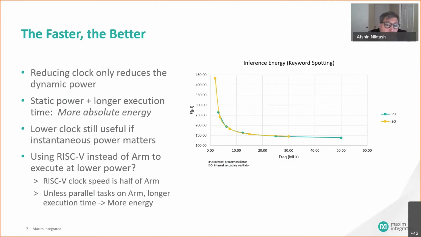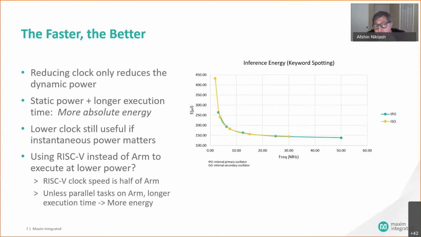One observation here is that while we think that reducing the clock speed could help us, it does not necessarily help. Because of the longer execution cycle and static power, you may end up with a higher absolute energy. Having said that, it may still make sense to go to a lower clock speed if there is a limited budget of